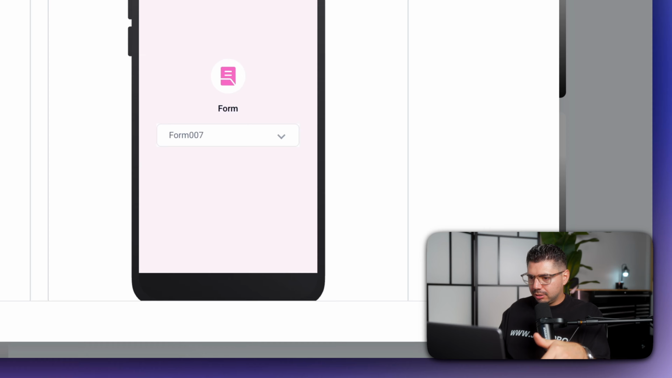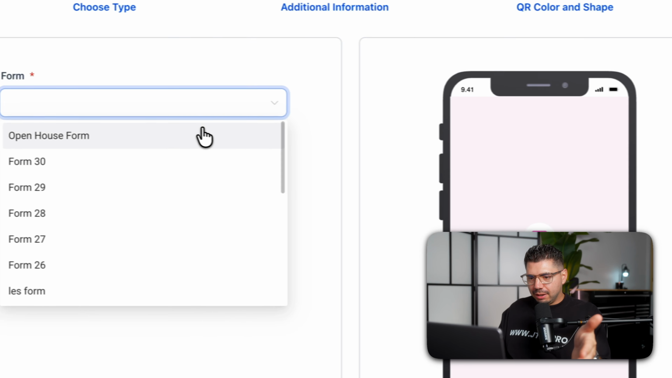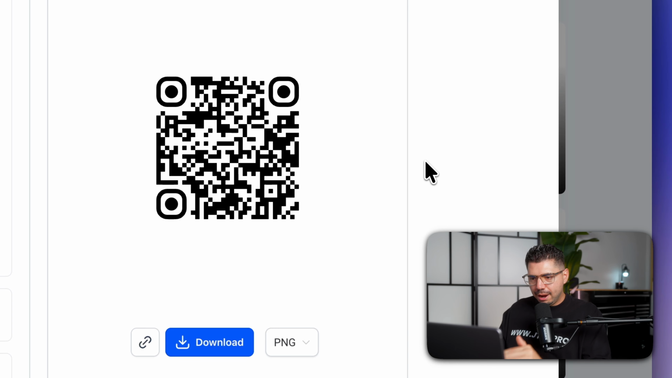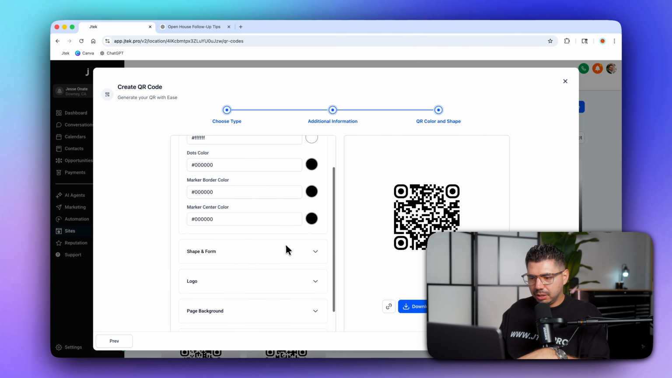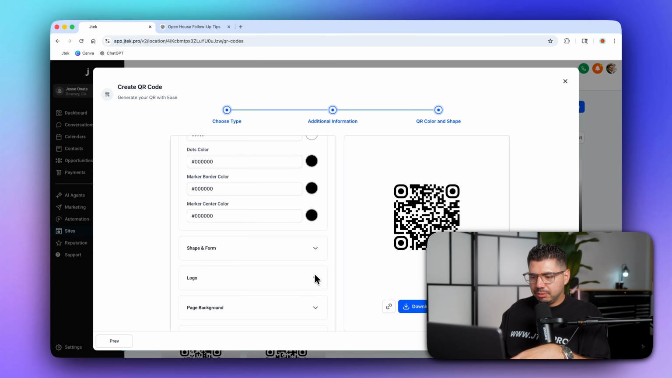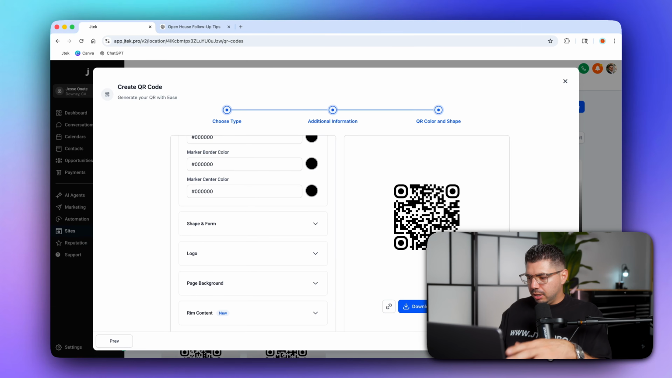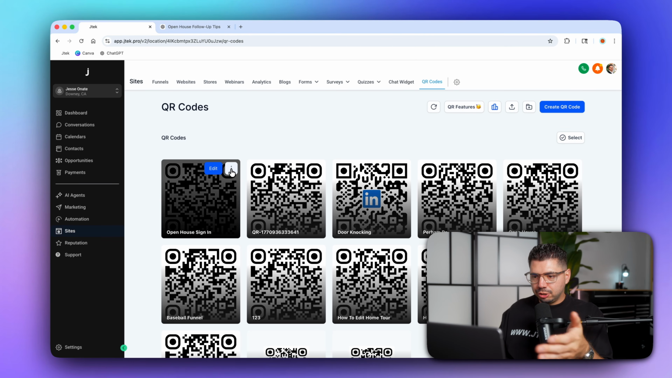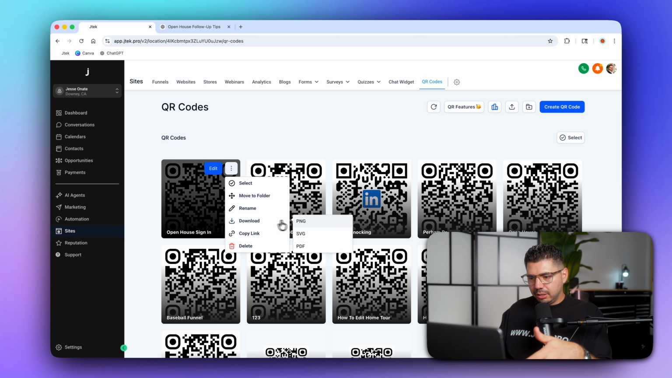And let's click on next. And now we just have to look for that form that we just made. There it is. Let's click next. And now we can customize this however we want to customize it. You can do different shapes, different logos, etc. But you're pretty much done. You can hit save, and now you can hit these 3 dots, download it in a PNG, and put this